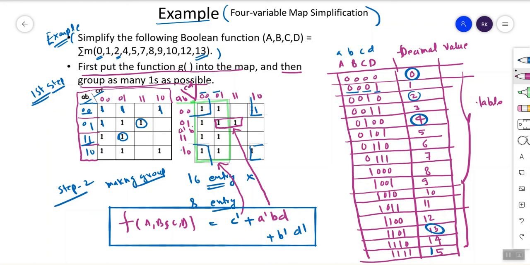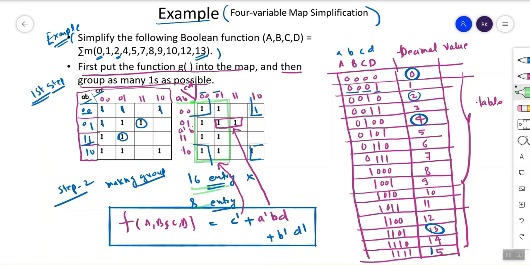Okay, now when you fill this, how do we make the pair? We have to see the big entry first, in rectangle format. So this is the 16 entry. First we will try to make the group of 16 entries, but it is not possible, then we go to 8. So here we have checked the 8, it is possible, the 8 entry.